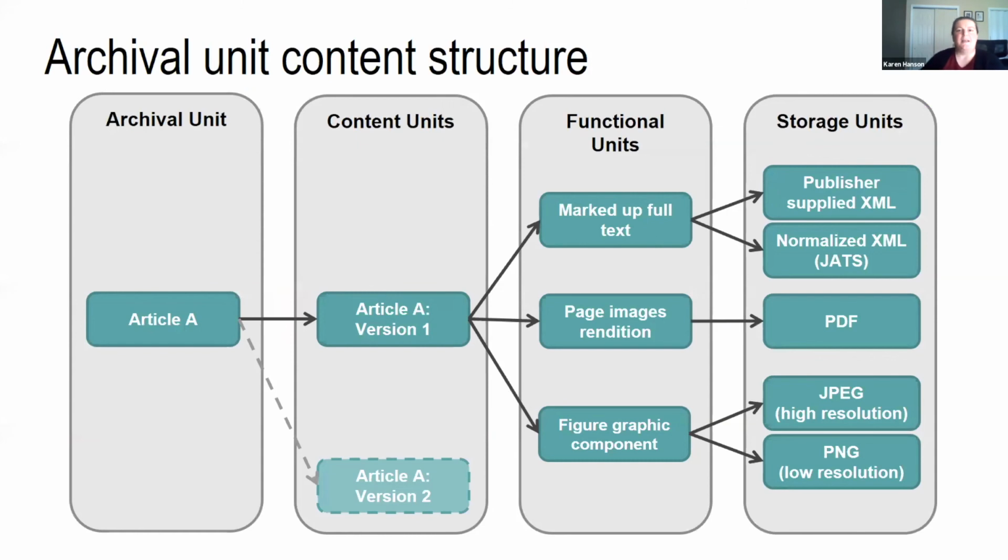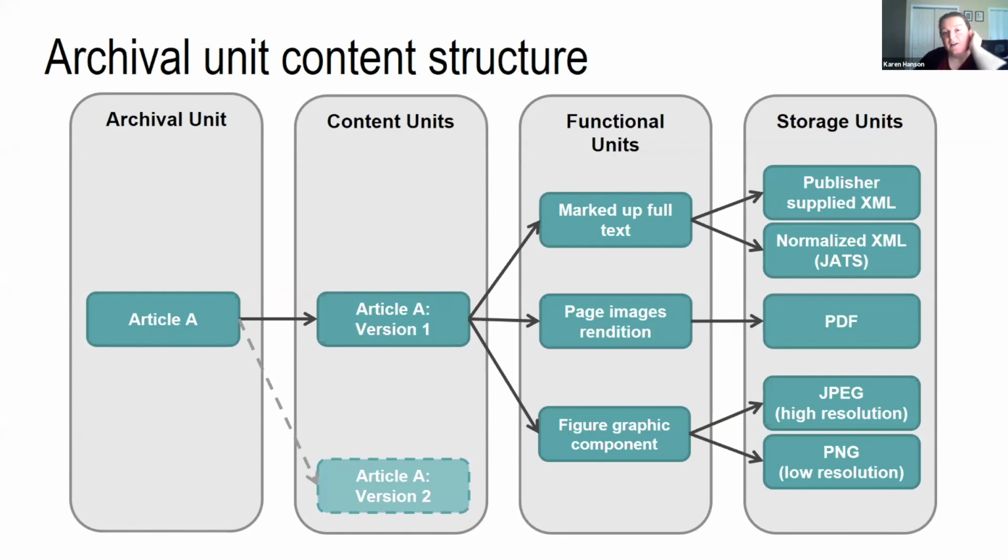So this is our conceptual model for an archival unit. There's no need to pay attention to our terminology that we have across the top, but just to understand what these layers represent. So I mentioned the archival unit, which is the top level of the package, and that represents a single article in this case. Then within that, there might be more than one version of the article. Say if one of them had an error in it or something missing, then we might get an updated file that's a correction.